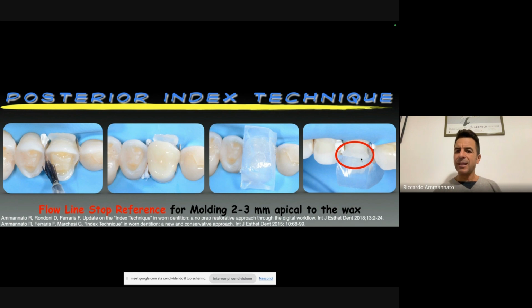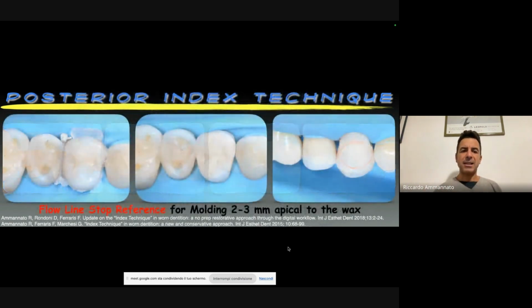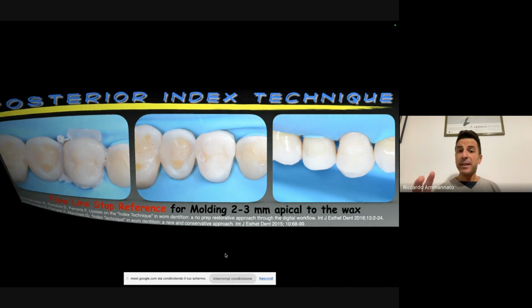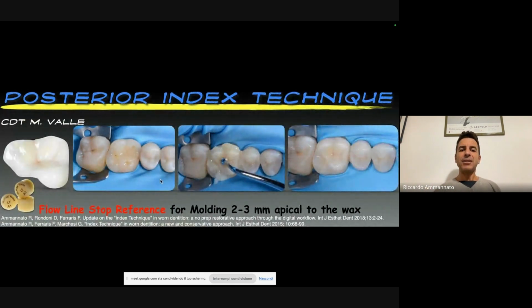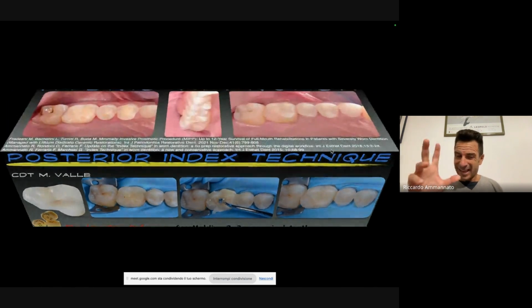I will check if the key is kissing my flow. I will remove the excess that is in the interproximal area with a probe, and then I will cure. And this is after opening my matrices and after doing the finishing procedures. And then, as you see here, we have done the 2 premolars and the second molar, and then I'm going to cement my glass ceramic only on the first molar, which is one of my table legs, okay?